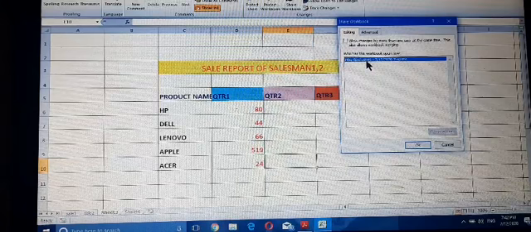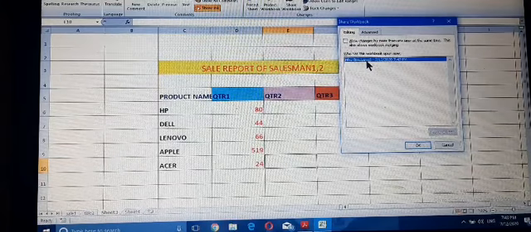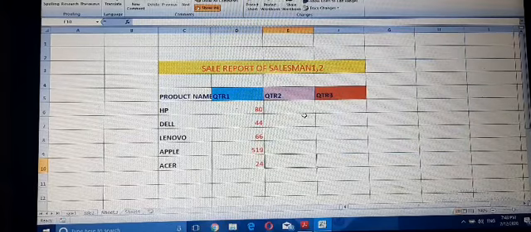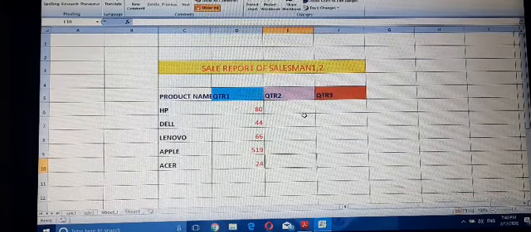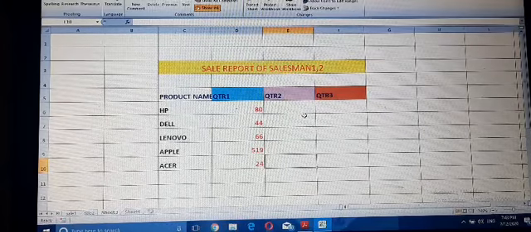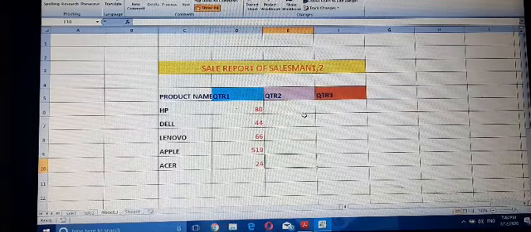Select the user who can use the workbook and click on the OK button. It will be stored in the shared network drive, where all the users can access this workbook.